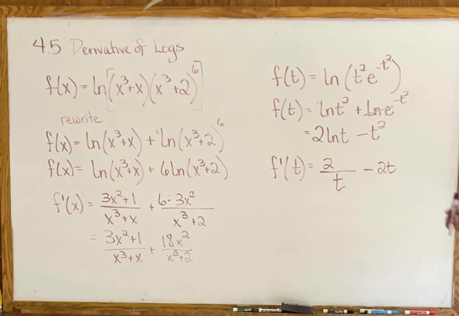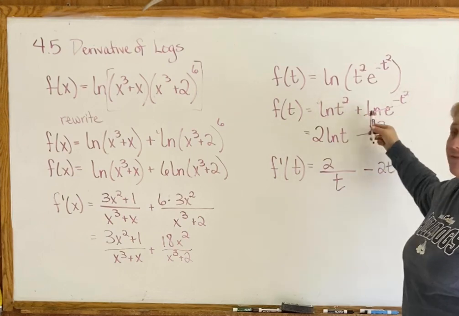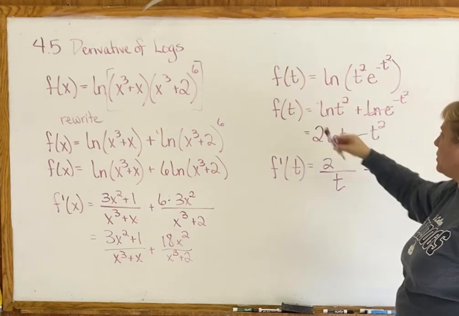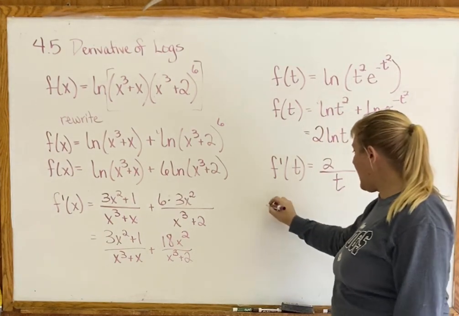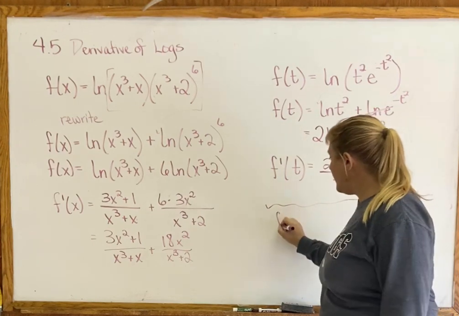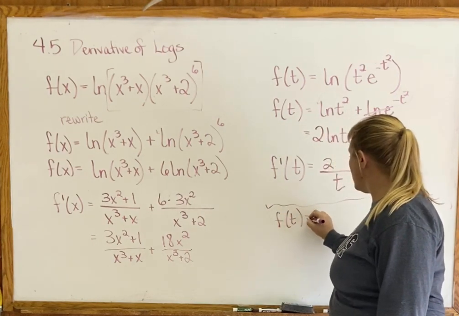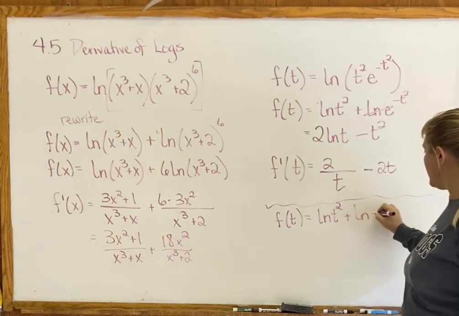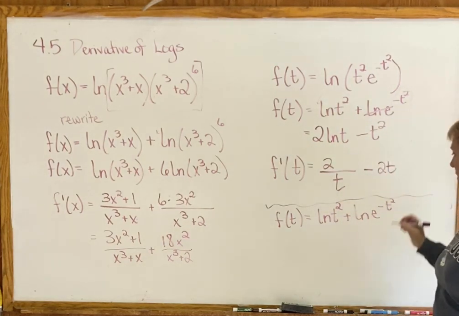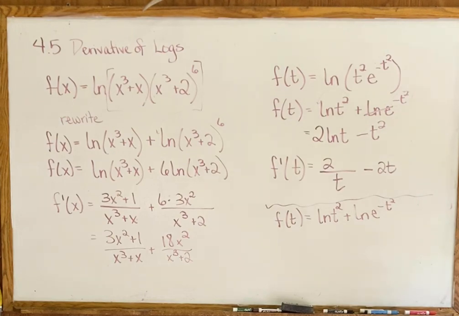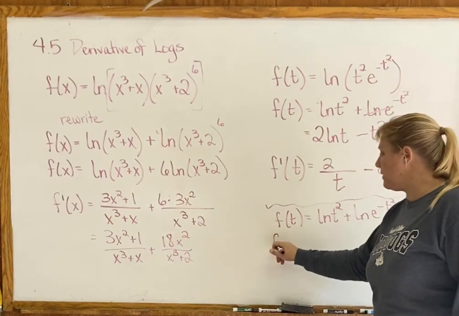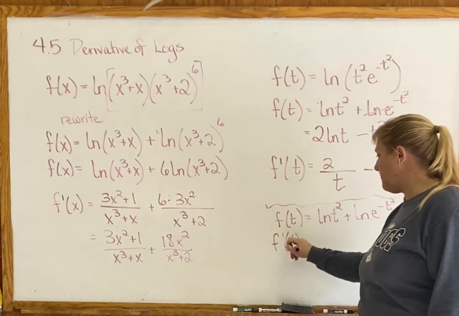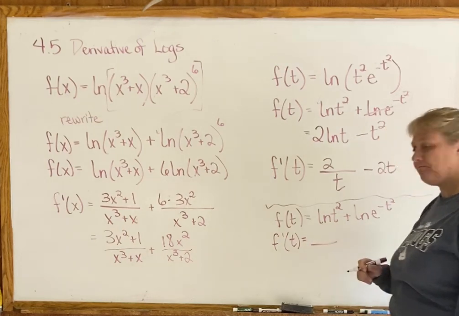Now, let's say that you didn't notice or you forgot some of these properties or you didn't want to do this pulling the 2 out front. So let's go back to f of t equals ln t squared plus ln e to the negative t squared. Okay, so just to show you that every step you take will make life easier, but you don't need to take every step. So if we want the derivative straight from here, fraction,